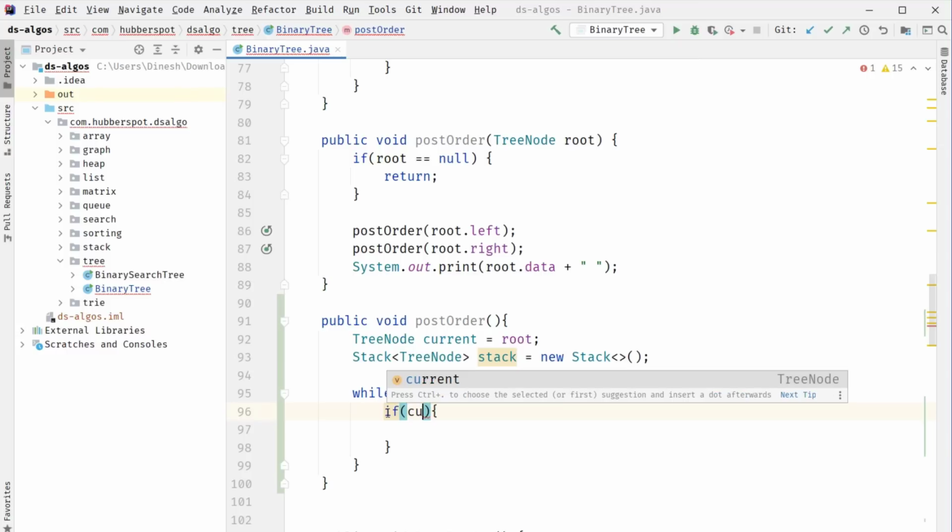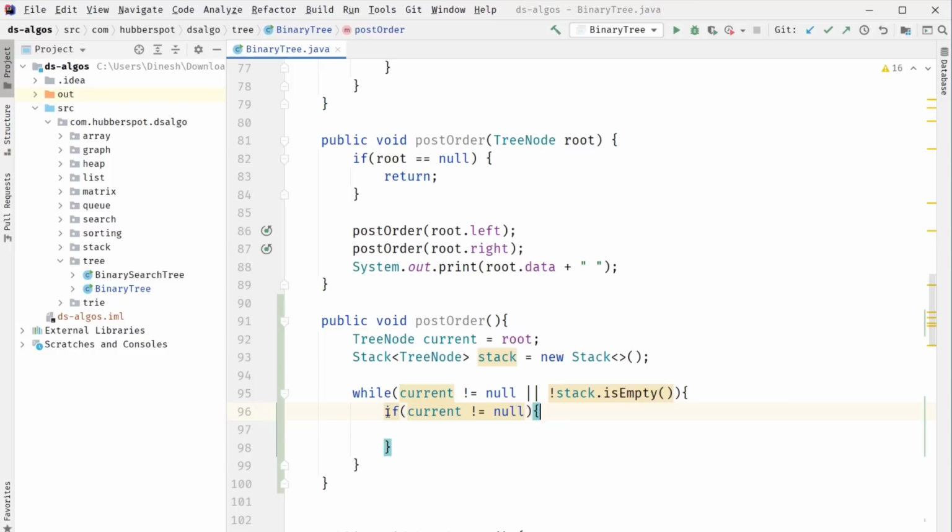So here in this while loop we provide a condition as current not equals to null. So if current is not equal to null, then it signifies that we can't visit the current directly. We need to first go to its left subtree and visit that. Then we have to go to its right subtree and visit that, and then only we can visit that particular node.